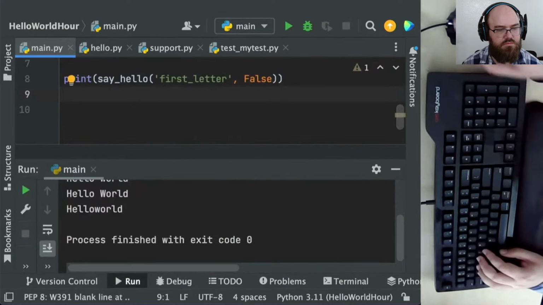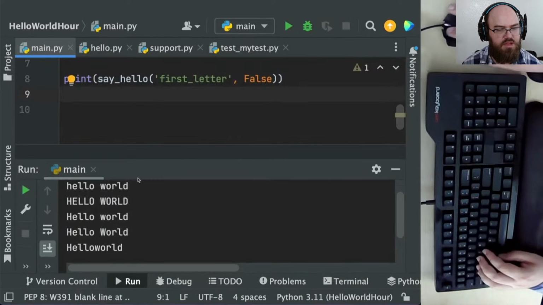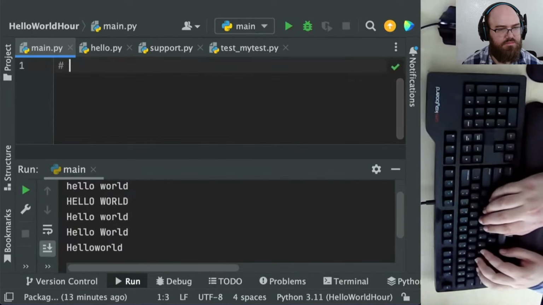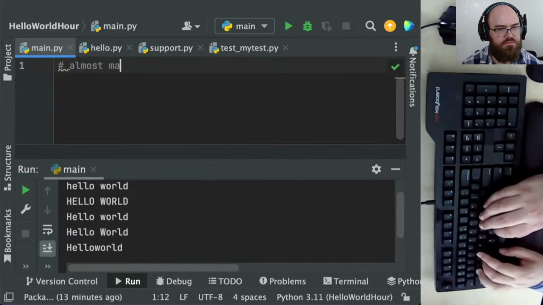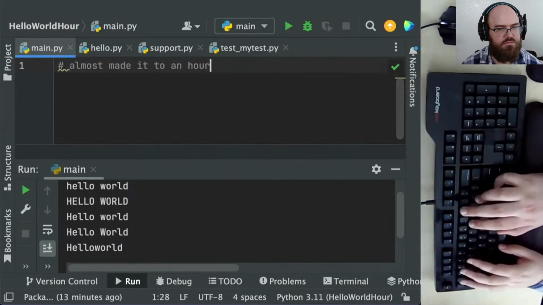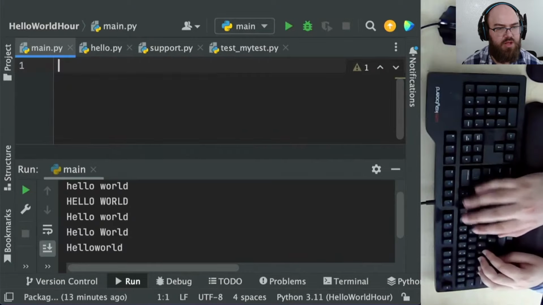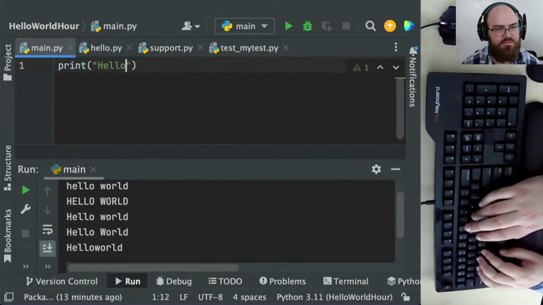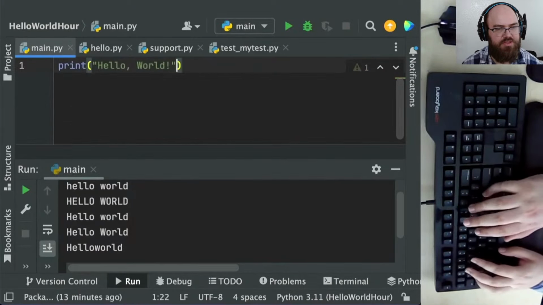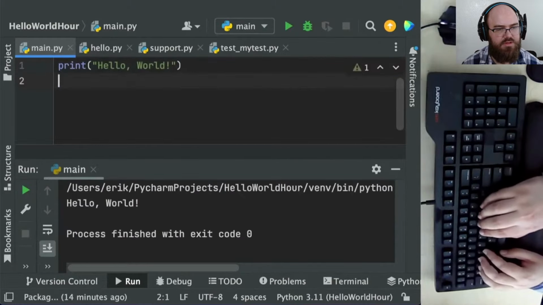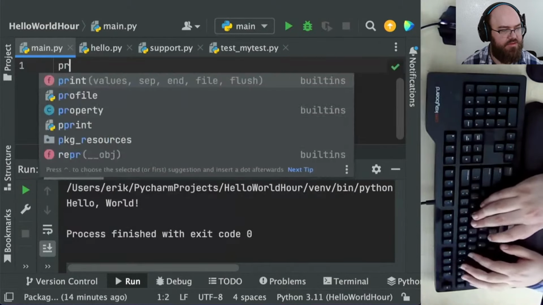Yep, it looks like it should. Almost made it to an hour. Do some of the same basic ones again while I try to think of something else to do.